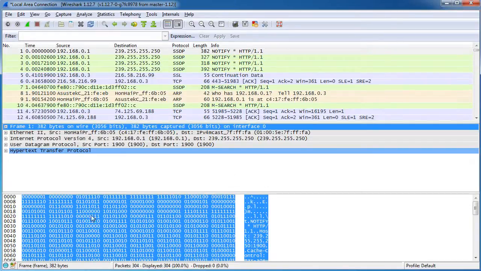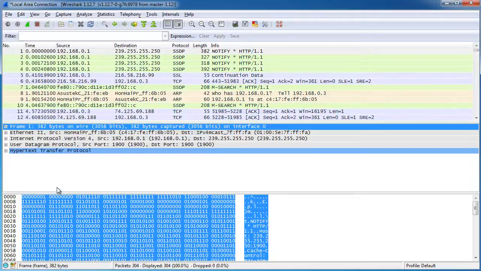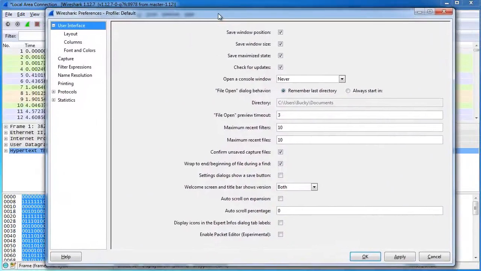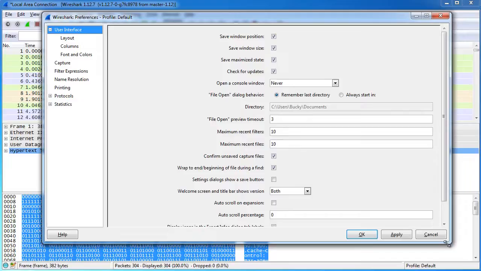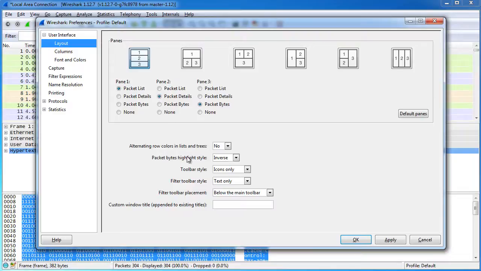Maybe they actually want to see this and they want their layout arranged a little bit differently. So maybe you want all the packets on the right hand side and the details on the left hand side. Maybe that's a cool layout. So if you go to Edit, Preferences, these are your main Wireshark preferences. Now, I say Wireshark because there isn't too much information about the actual packets. This is pretty much just for the Wireshark environment and the colors,